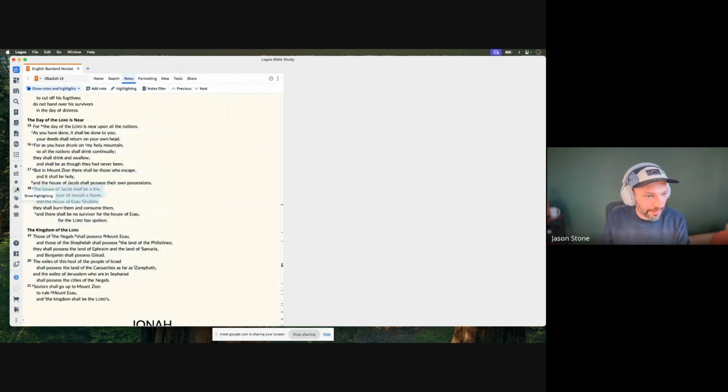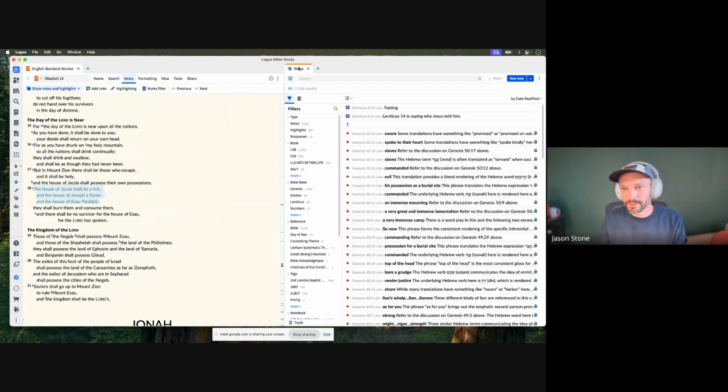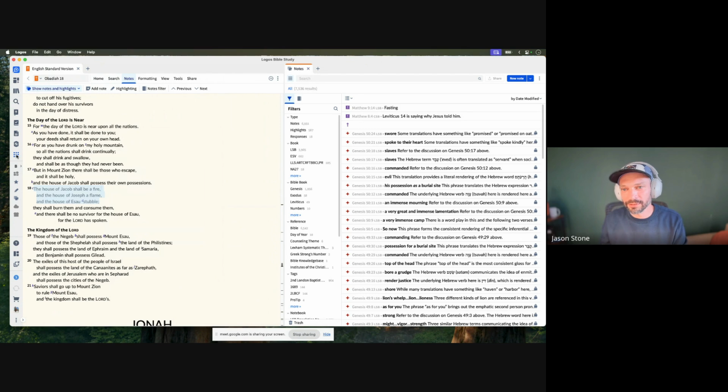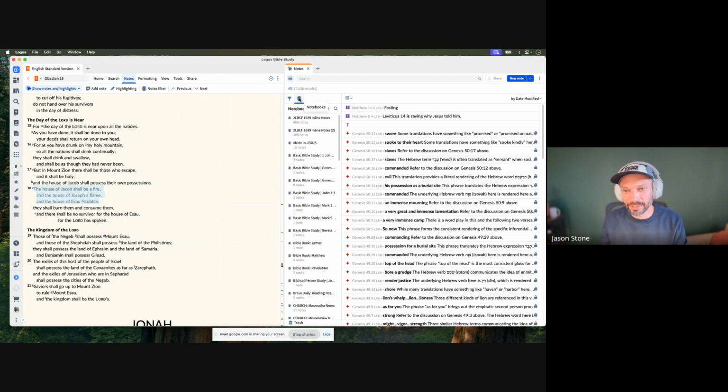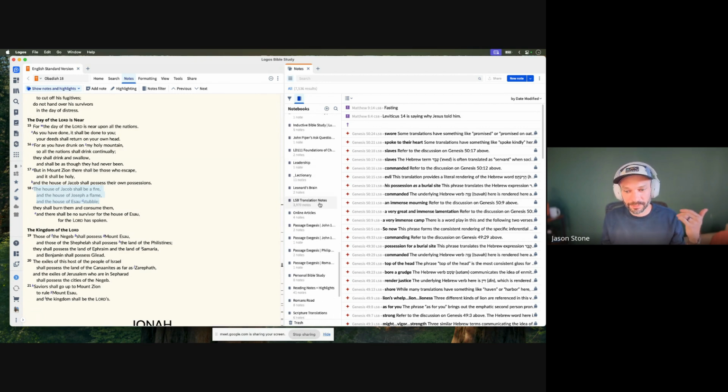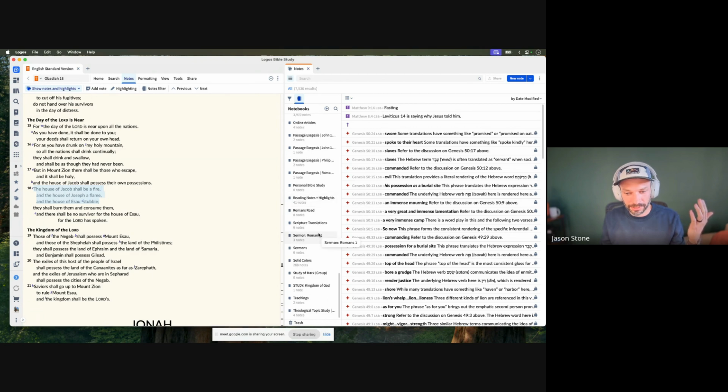All right. I went too fast. I wanted to open my notes, and there it is. I thought I searched for notes and it didn't pop up, but I was simply moving too fast. So if I wanted to create a notebook and organize all of my notes into that one particular Obadiah notebook here, that'd be the way to create a notebook and then nest them into it, right? Does that make sense?